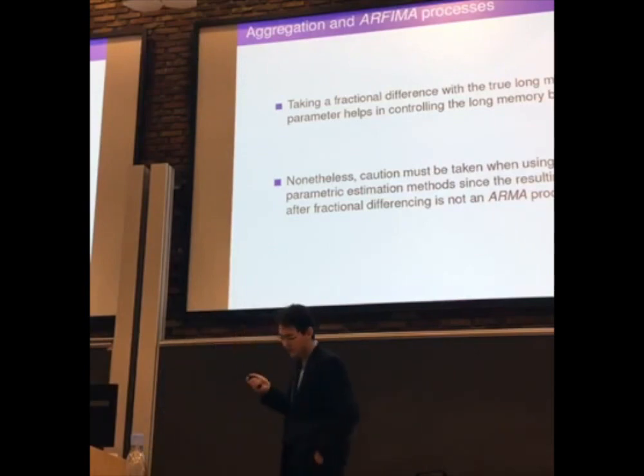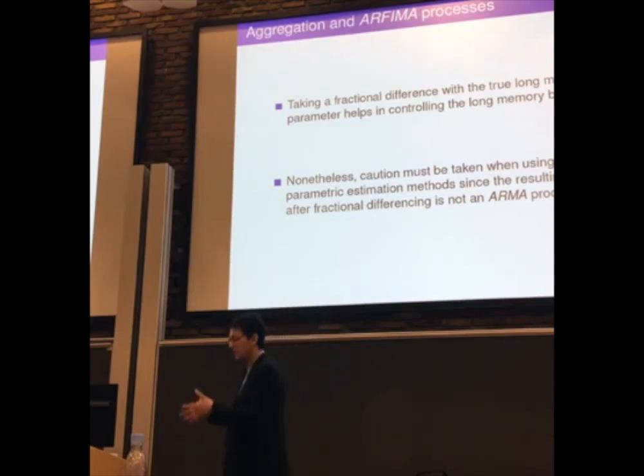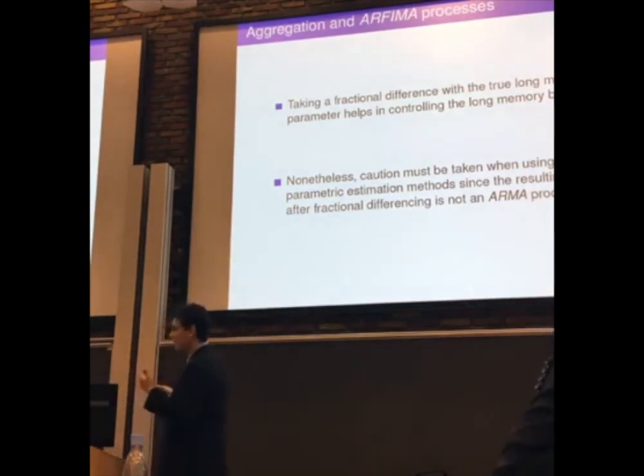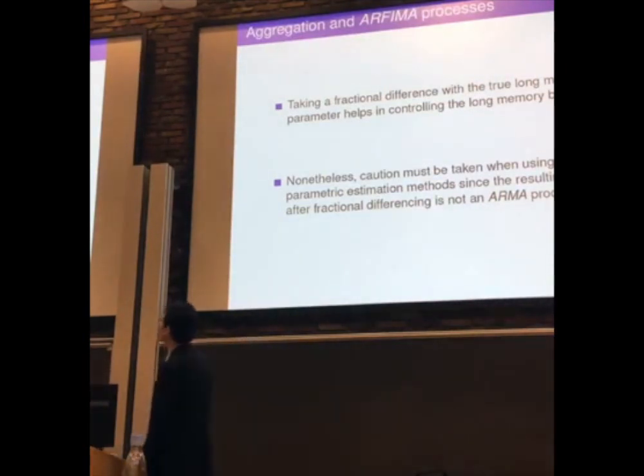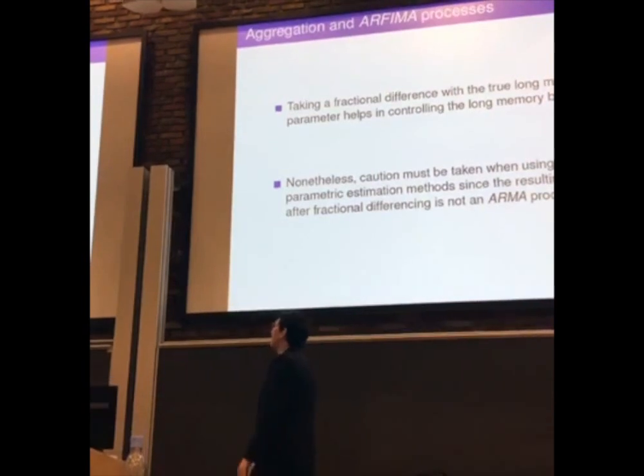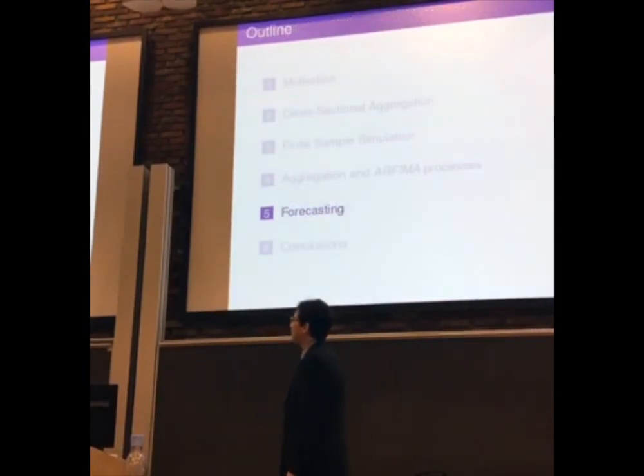Taking the fractional difference, we get a short memory process, so it satisfies the Davidson definition of a short memory process. It has autocorrelations that are summable, absolutely summable. And yet, the process that we remain with is not an ARMA process. We may be able to approximate some periods ahead, but it's not an ARMA process. We cannot totally approximate it. And yeah, that's kind of the third result from the first chapter.